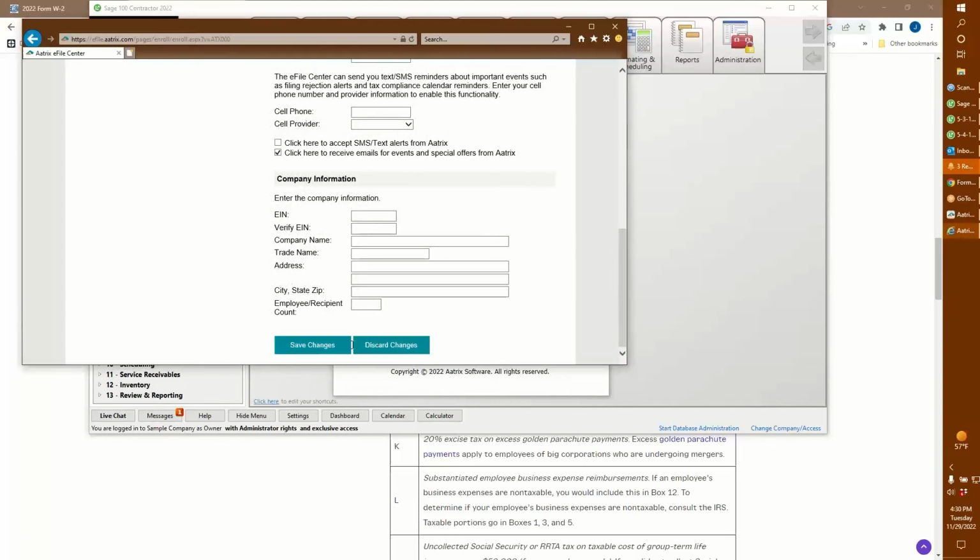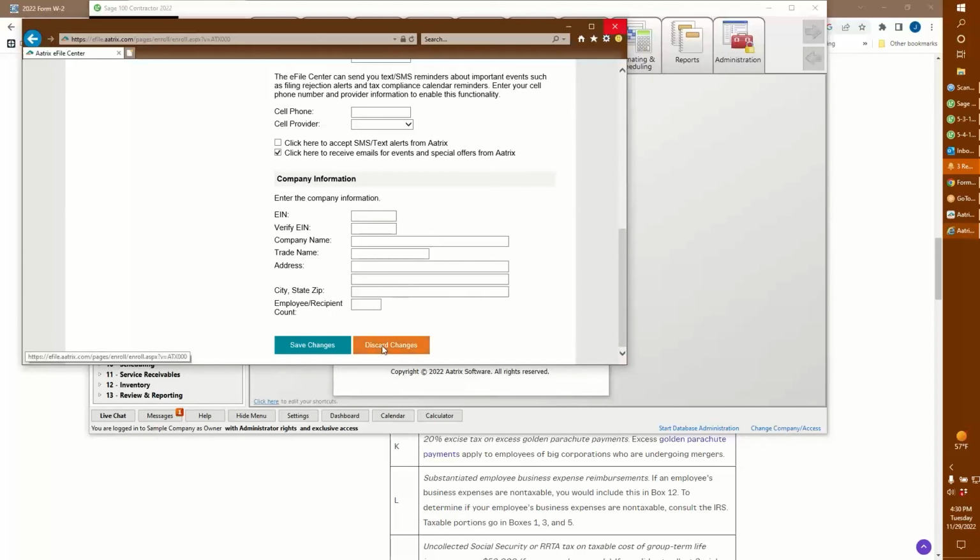Once you're enrolled, at this point, you've already been able to print out your stuff. But if you wanted to e-file and have them send out the W-2s, you're off and running. You would just simply follow instructions, and all that would happen. You would get plenty of verification from Atrix as to what's happened, and you should be done with the process. If you do this the second time, I think it'll probably take you 10 minutes because a lot of this stuff will already have been done. First time, it's a little scary, but relatively easy to do.